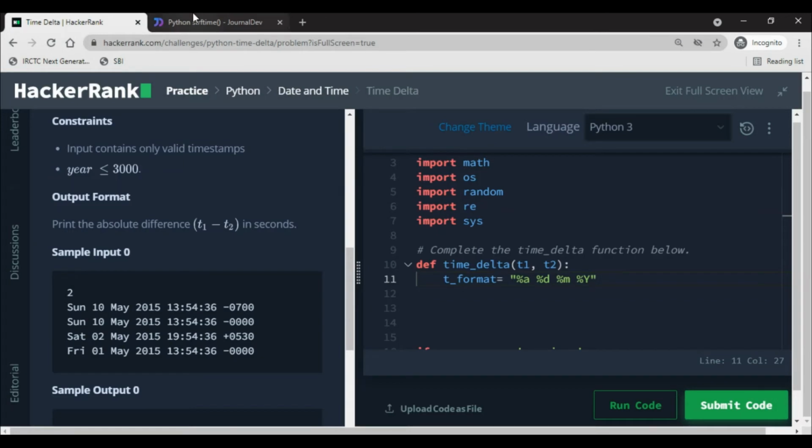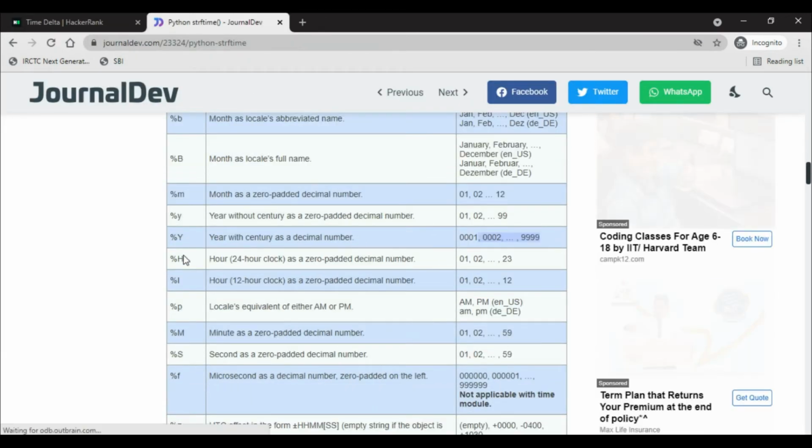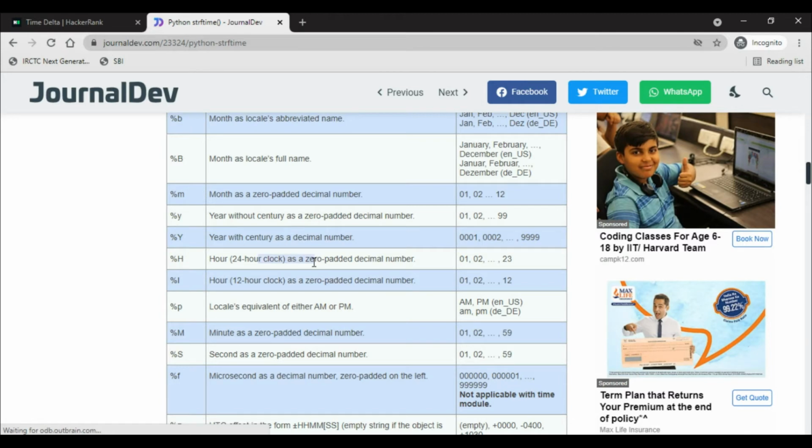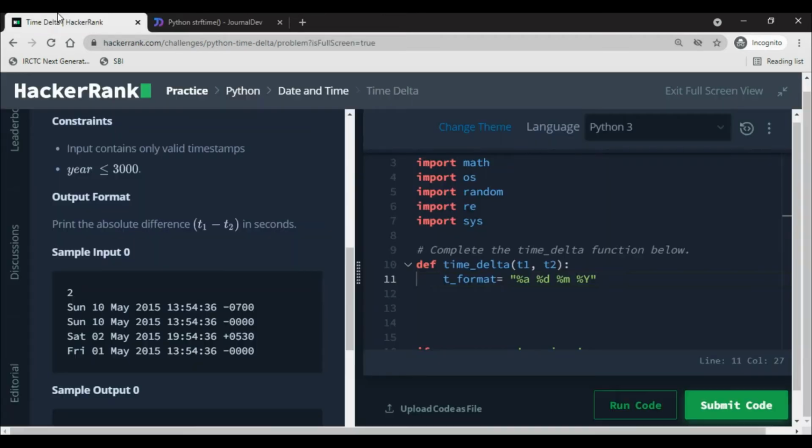Now what do you have? Time. So percentage hour. This is the 24-hour type we have to use, and hour, minute and second are all capital, you can see, right? And this I is for 12-hour, but we need the 24-hour type. So percentage capital H, percentage capital M for minutes, percentage capital S, and all of them are separated with colons. And here you can see I am putting a space because they are separated by a space.